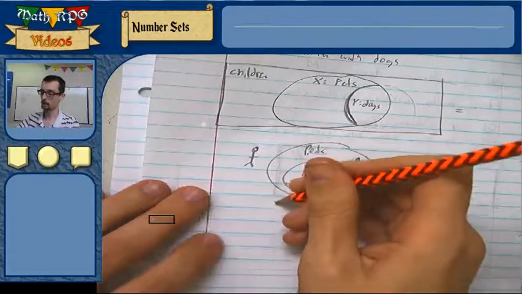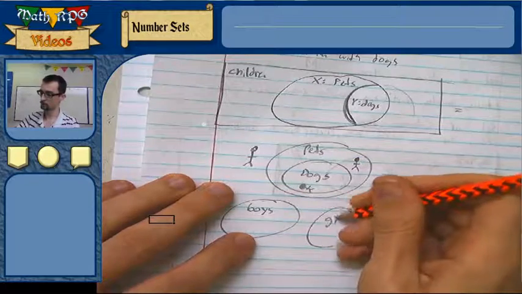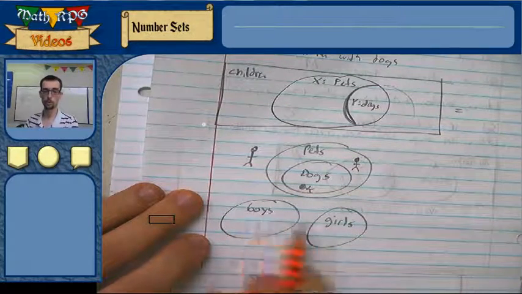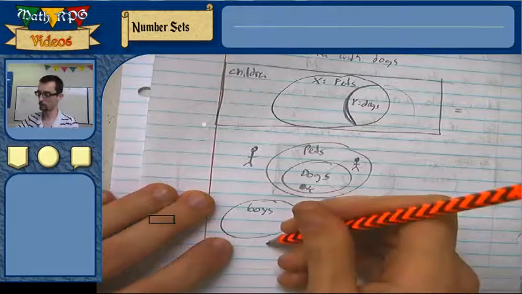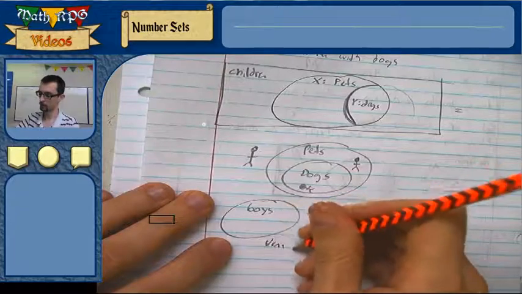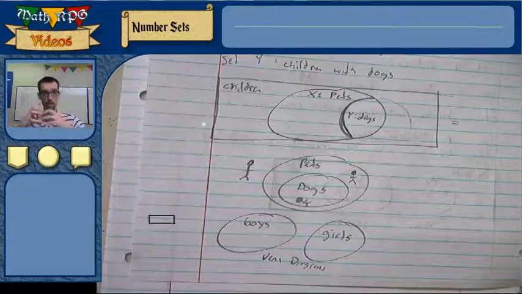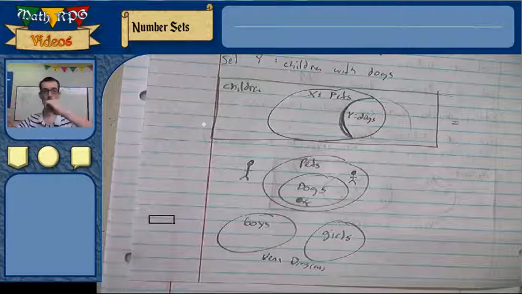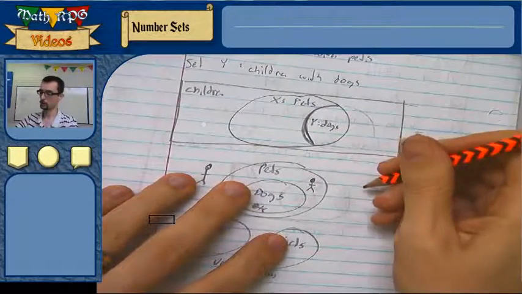So here's a set of boys, and here's a set of girls. And generally speaking, if you're a boy, you're not a girl, and vice versa, right? They don't overlap. They're just completely separate. Okay, so that would be a Venn diagram as well. So Venn diagrams, they can overlap, showing that there's some similarity. There's some things that are shared. They can be completely separate, showing that they're totally different. Or they can have one thing inside of another, which, by the way, we'll need to know this too,